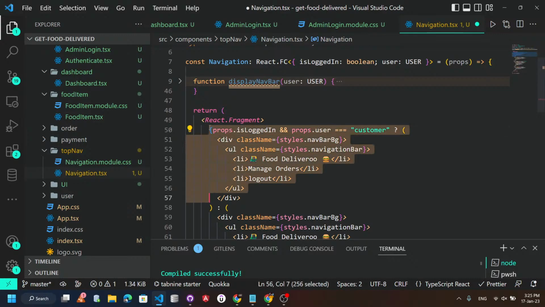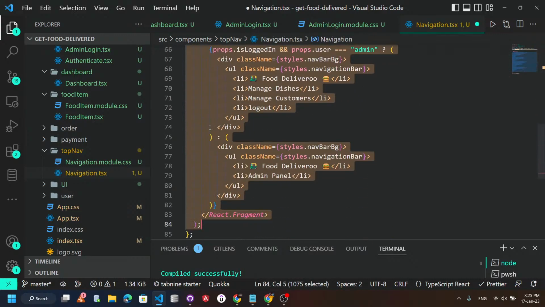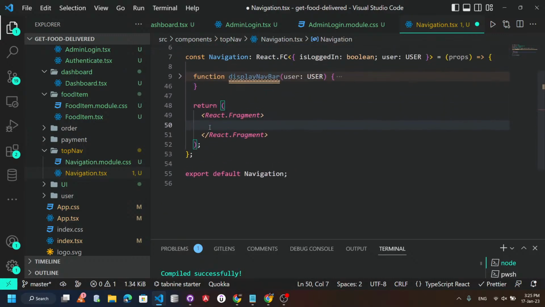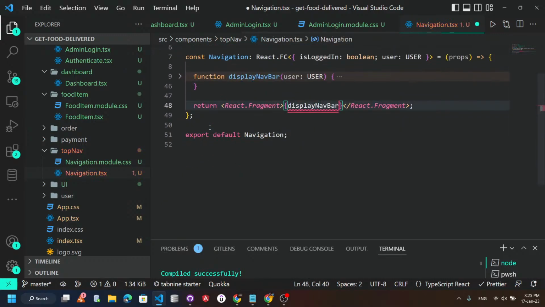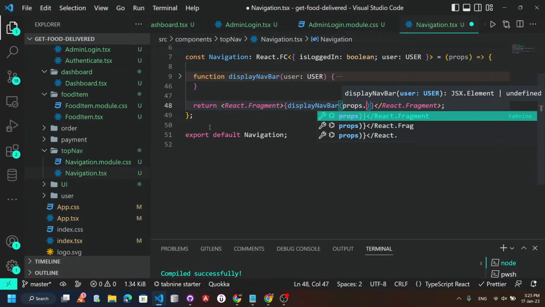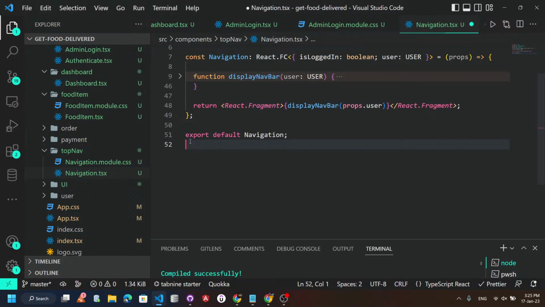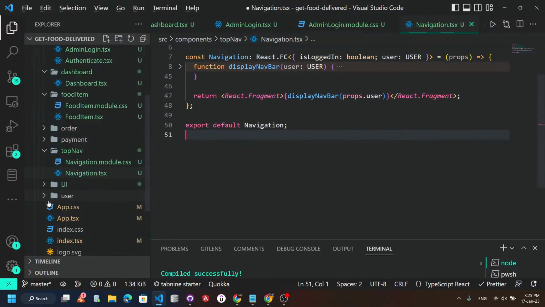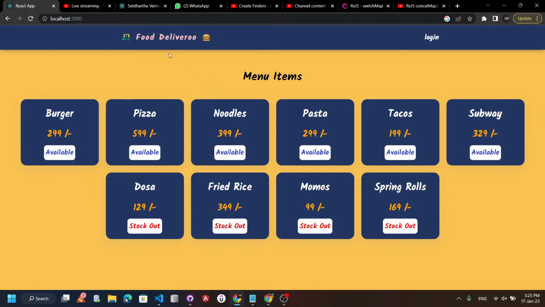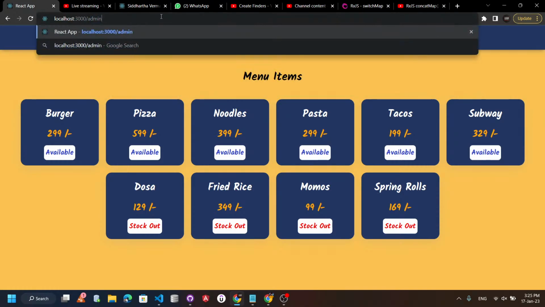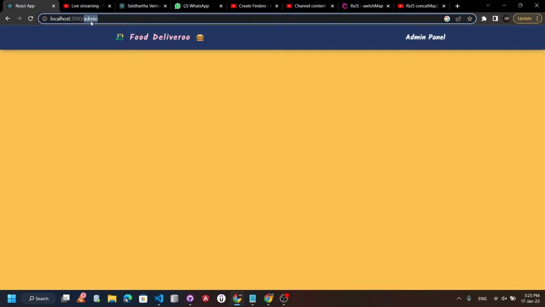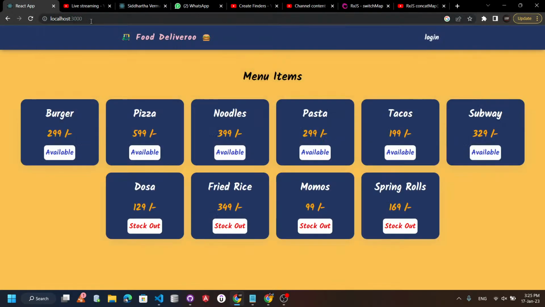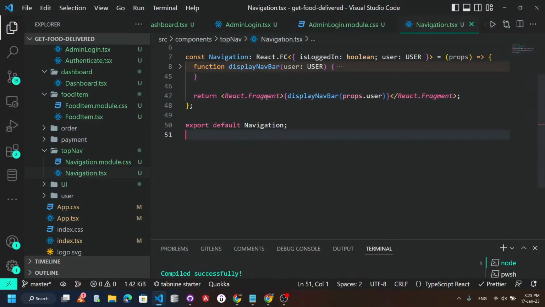और अब मैं यहाँ पूरे इसमें, ये पूरा यहाँ पे चीज़ है, यहाँ पे मैं इसको कॉल करूँगा एंड मैं इसमें props.user असाइन कर दूंगा लाइक दिस। एंड अब जब मैं इसको सेव करूँगा तो ये देखो ये करेक्ट चल रहा है। एंड अगर मैं एडमिन पे जाता हूँ तो एडमिन पैनल है, प्लेन पे जाता हूँ तो ये वापस लॉगिन है। तो इस तरीके से मेरा ये चीज़ तो करेक्ट चल रही है भाई, जिस तरीके से चलनी चाहिए वैसे ही चल रही है, इसलिए मुझे इसमें अब परफेक्ट आउटपुट्स मिल रहे हैं, ओके।